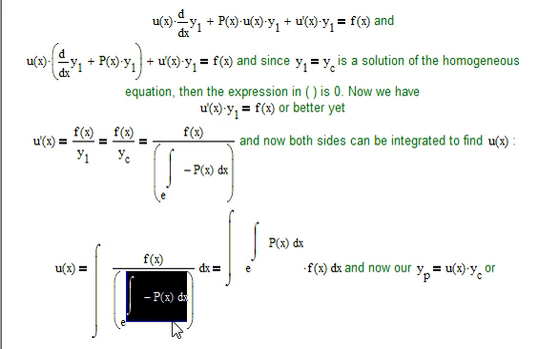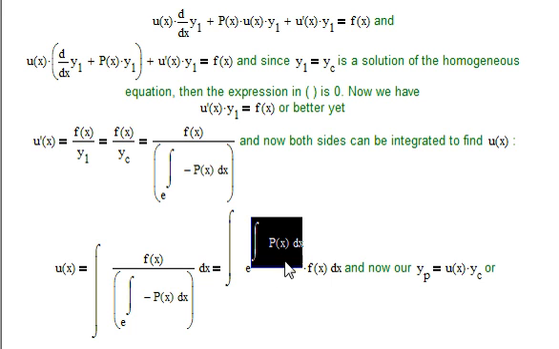Because this is going to be some known function. By this time, we've figured out what this is. So we'll integrate f of x over this, which is, by the way, called our integrating factor. So that's the integral of, but notice that the negative exponent in the denominator moves it upstairs, so you could work that out without too much difficulty. So f of x dx, and now our yp is this